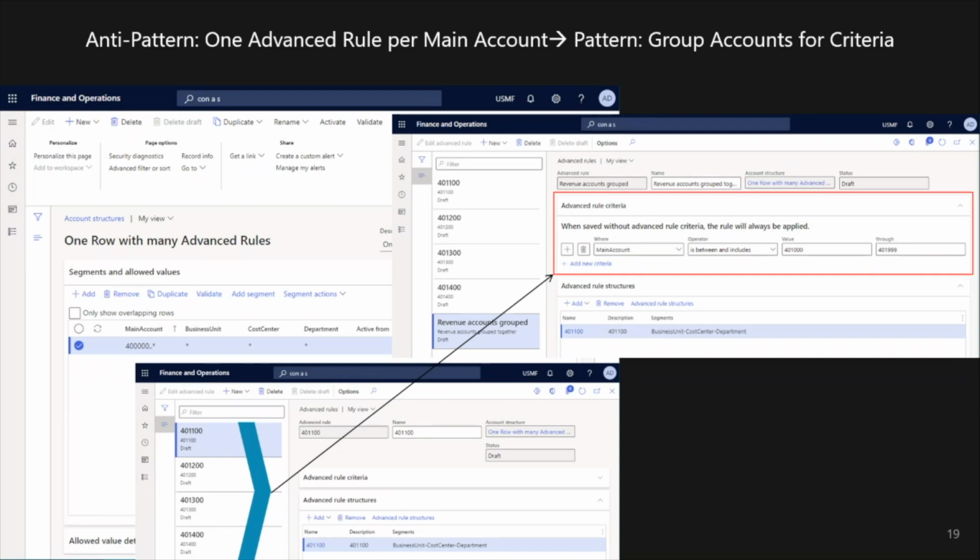And think about if you don't need a particular dimension at all on a large set of main accounts. So let's say my revenue accounts are going to use an item group or a brand or something that's item specific, but I don't have that on my expense accounts. That's a good example of where you'd want to separate all of your revenue and COGS accounts from your expense accounts,